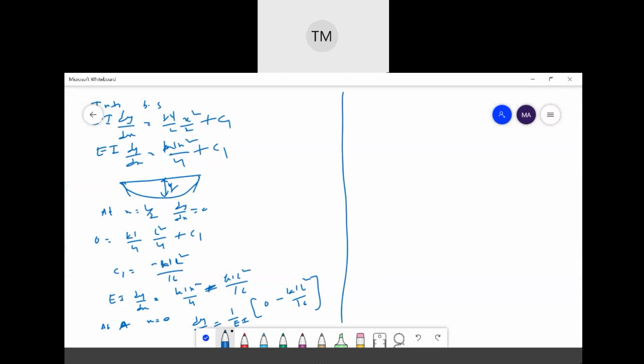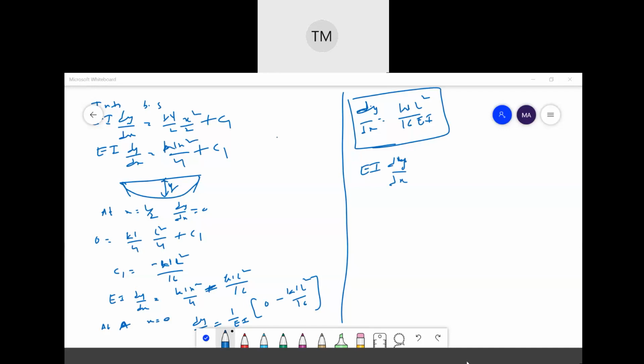When I simplify this one, here you have dy by dx is equal to WL square by 16 EI will be the slope. Understand? This is the slope of this equation. Then again you are taking this equation 1. Again you are considering the slope equation. What is the slope equation? Already you have EI dy by dx.